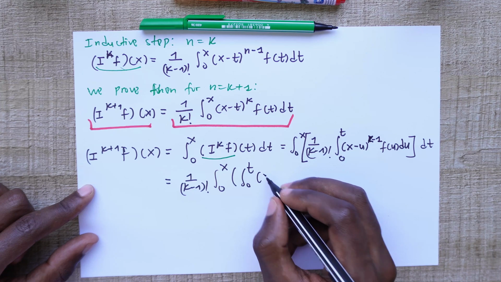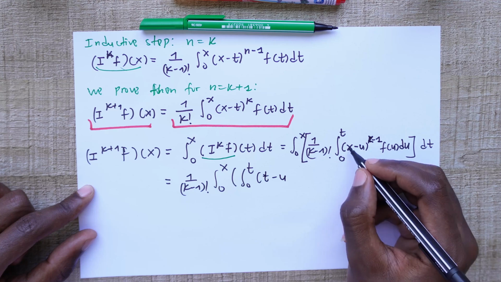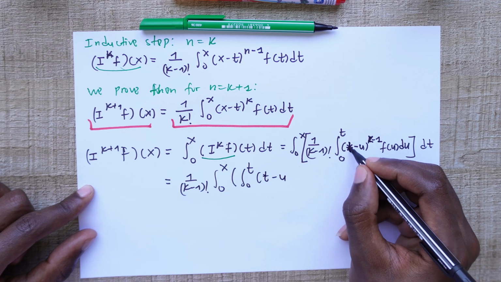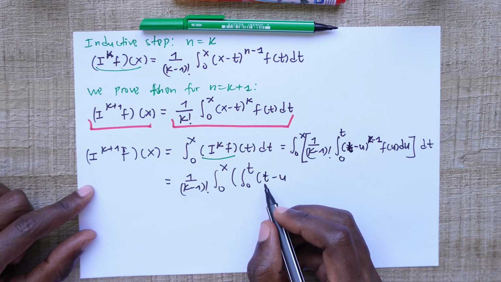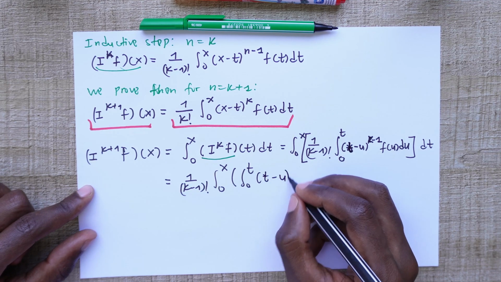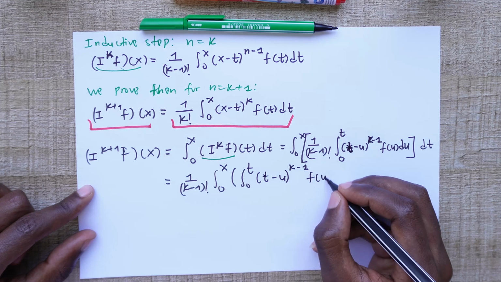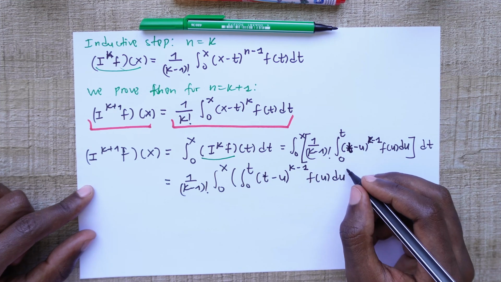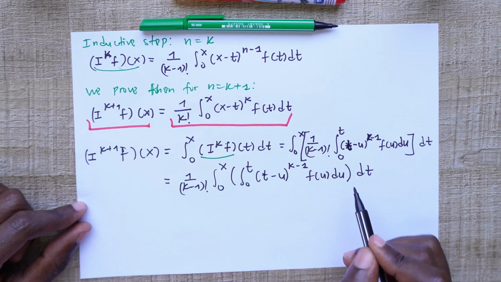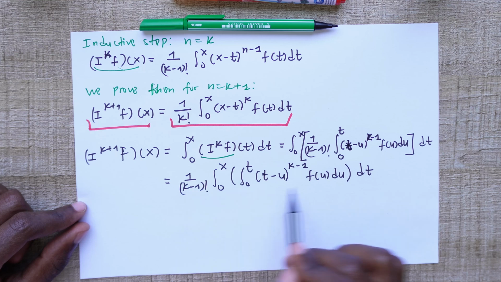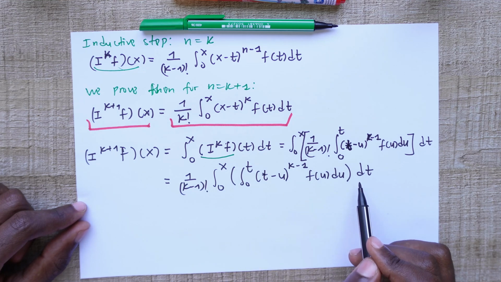We have t minus u. Actually here it's t and not x because we changed that variable to t. So t minus u to the power k minus 1 times f of u du, and the result with respect to t. So at this point, in order to be able to simplify this expression, we are going to